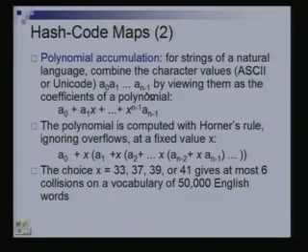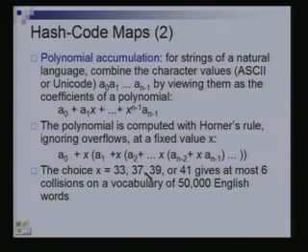That integer might be from a large range, then we will use the compression map to map it to the table. But first we are looking at the hash code map, wherein we are trying to convert a string or non-integer data into an integer, and we are looking at this setting where the string we have is this, and we are trying to convert it into an integer. So evaluate this polynomial at some integer value, and this is, you know, experimental stuff.